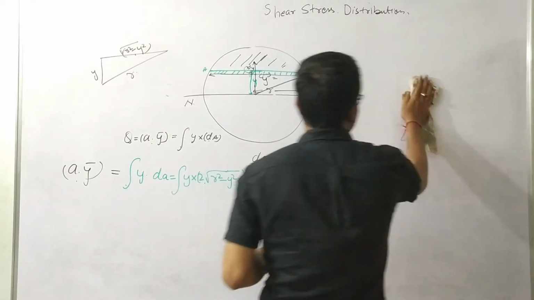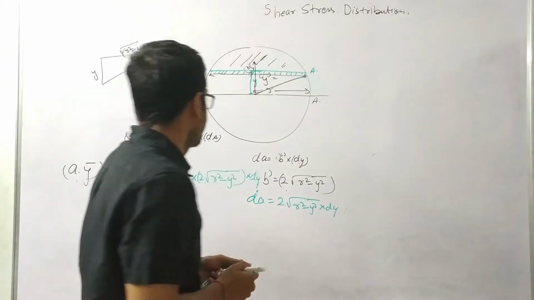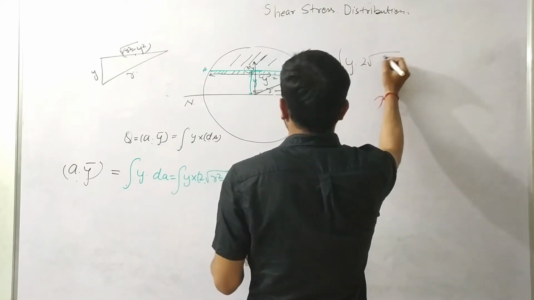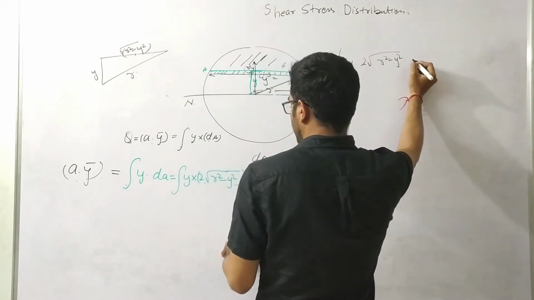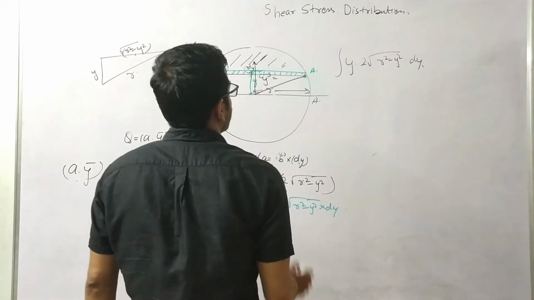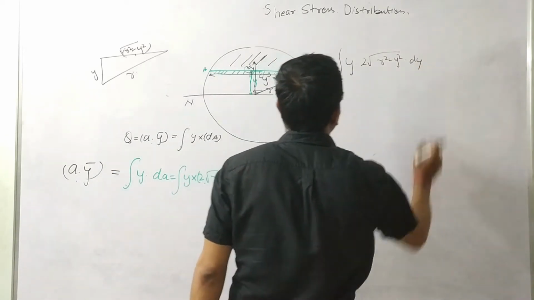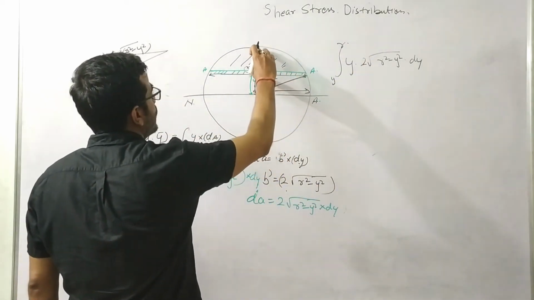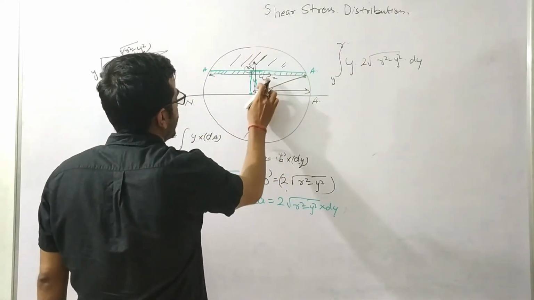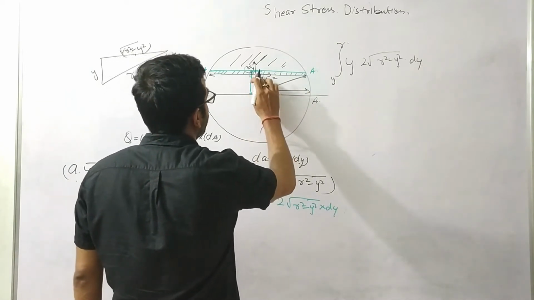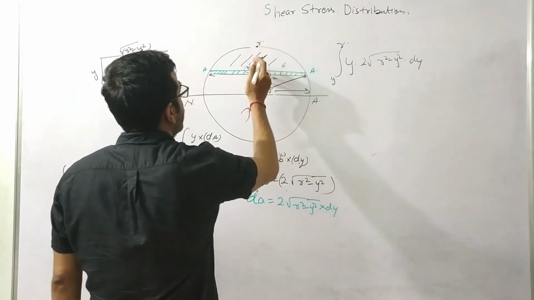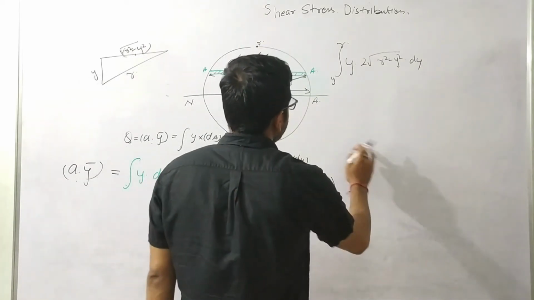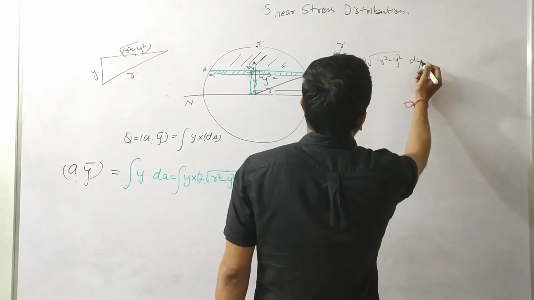Now we will integrate this thing, this term y dot 2 under root R square minus Y square into dy. Okay. So I need to integrate this thing from where? From y to r, because I want to calculate the stress at this level. Okay, I'm not integrating from 0 to r. It should be from y to this point, this r, because I need to calculate the first moment of area of this portion. Right.